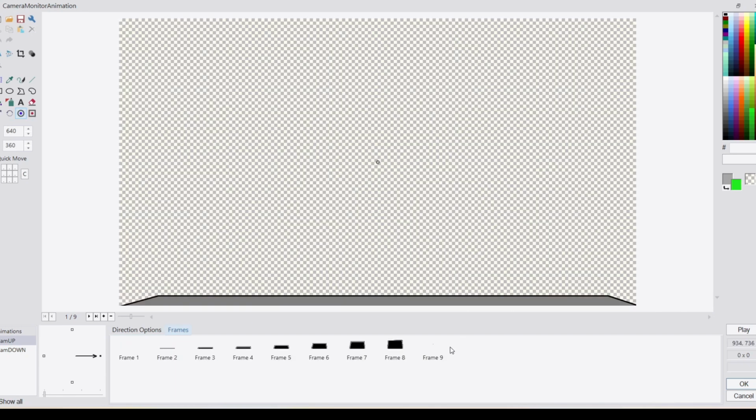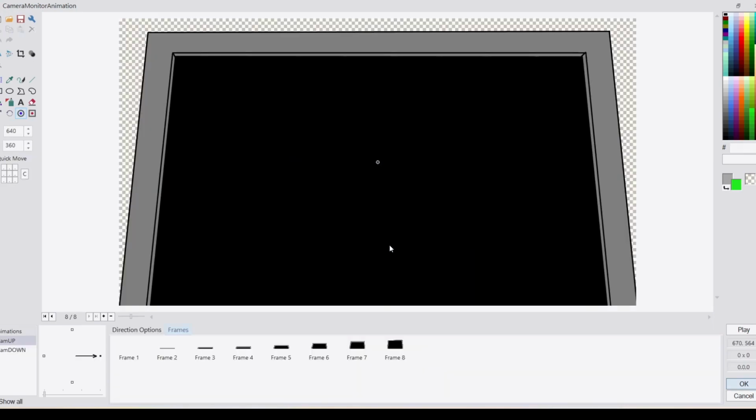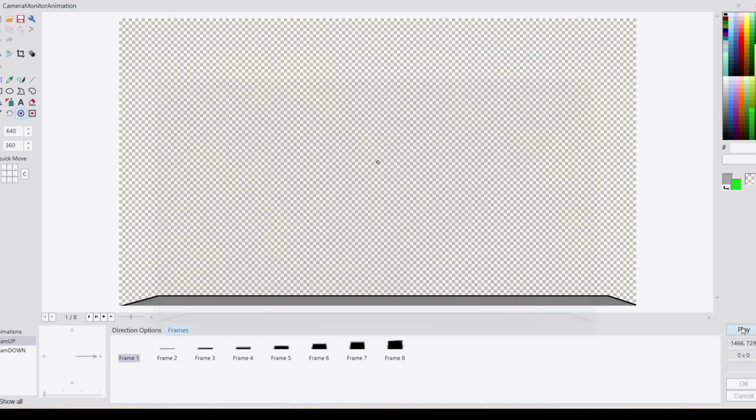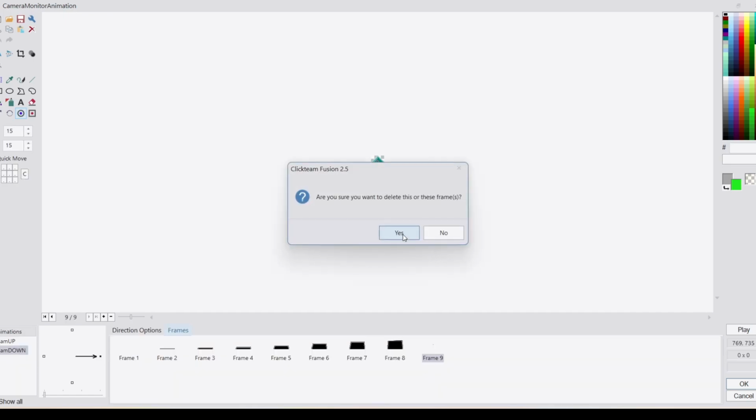Nice. Now obviously you have another frame added, all because of this little rhombus right here. So just get rid of that. Just go to your last frame and just boom, and boom, we have our camera up. Now, we're gonna copy it again, just to make sure we still have it copied to our clipboard. We're gonna go over to cam down, frame 1, Control V, and then go over to frame 9, delete that,